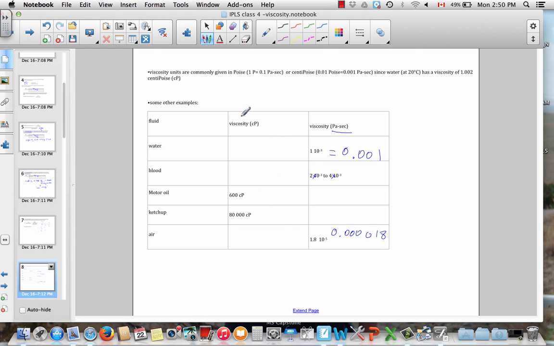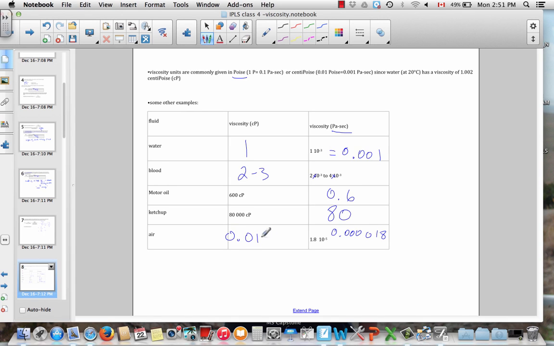Now there is another common unit of viscosity, which is a poise. This is, I guess, an imperial unit of viscosity, and we actually tend to use centipoise because water is about 1 centipoise. So blood will be between about 2 or 3. So you can see there's basically a factor of 1,000 between centipoise and Pascal seconds. And so 600 centipoise would correspond to about 0.6 Pascal seconds. 80,000 is about 80 Pascal seconds of viscosity. This is for ketchup. And then the air is about